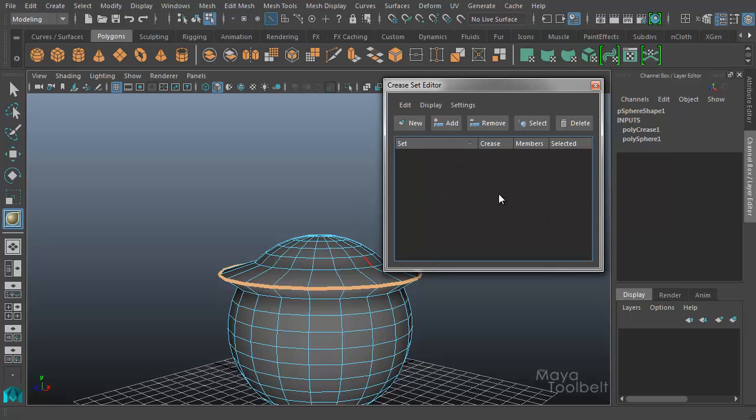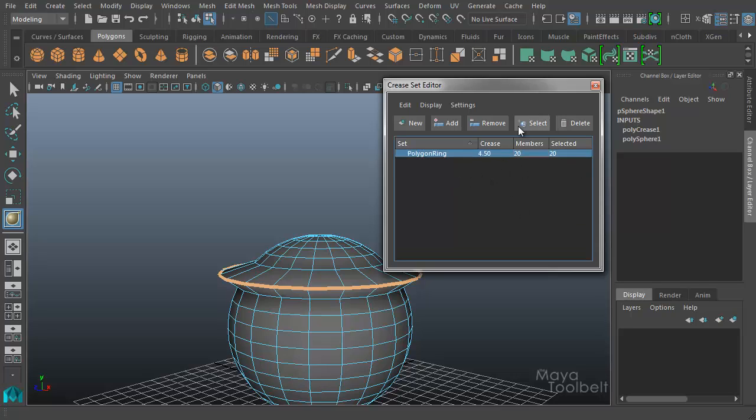And so what I can do here is I can create a new crease set easily by hitting the New button with my edge loop selected, or I can also right-click and say Create Set this way. It creates Crease Set 1, and it shows the crease value, members, and the number of them selected. So you see it's called Crease Set 1. I can double-click this and change the name if I wanted to, Polygon Ring or whatever. The crease value it shows here is 2.0. If I double-click this, I can change it to, say, 3. Or I can simply put my mouse over this value, middle-click and drag, and it will change the crease value as well,